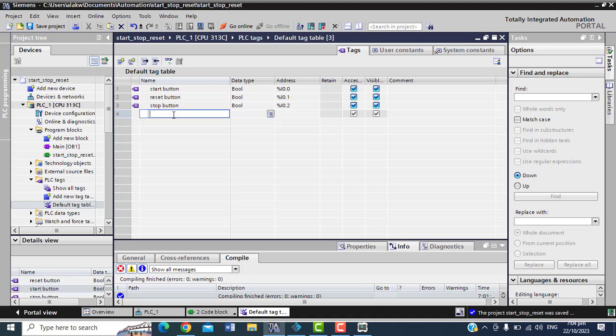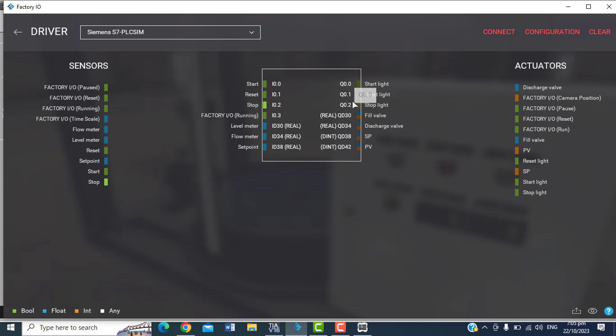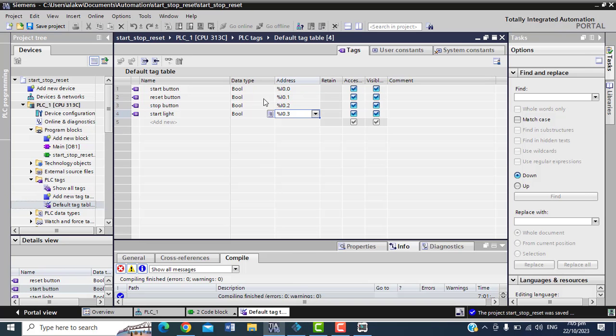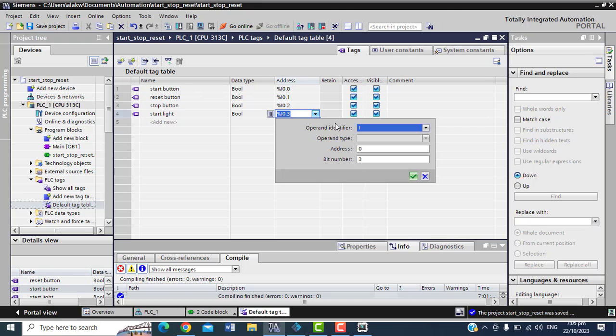So the next one now will be start light. If I put start light, this is going to continue for I0.3 rather. But it is not I0.3 because if you look here now, actually Q0.0, right? So instead of that, I go open up this thing and then I go change them from I to Q. So the operand identifier here supposed to be Q, not I, right? If you wonder within this memory, we'll come back to one of our examples at the station, so we'll treat them.